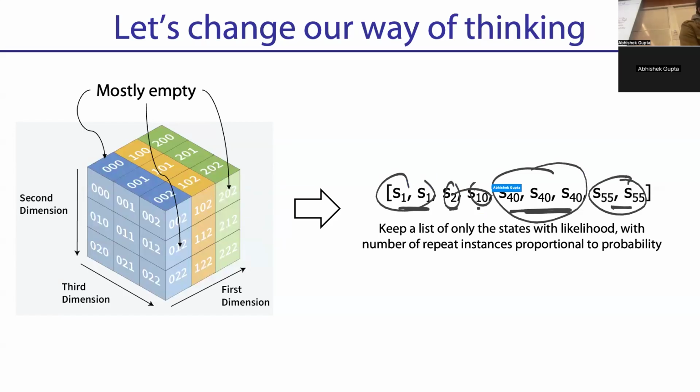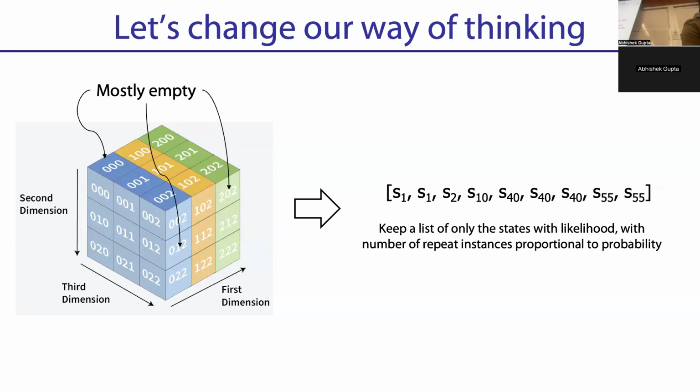And so we essentially are going to keep a data structure, which is a list of states, and then we're going to manipulate this list of states and move them around through our motion model and our observation model. But the trick is that you're not going to represent a table, you're going to represent a list of states. And that's going to be your belief state, right? We're not saying that the state is any one of these things. We're saying the state is a belief over all of these things. And the number of occurrences of a state denotes how confident you are that it's in that state. Okay. It's a little bit weird as a concept, but